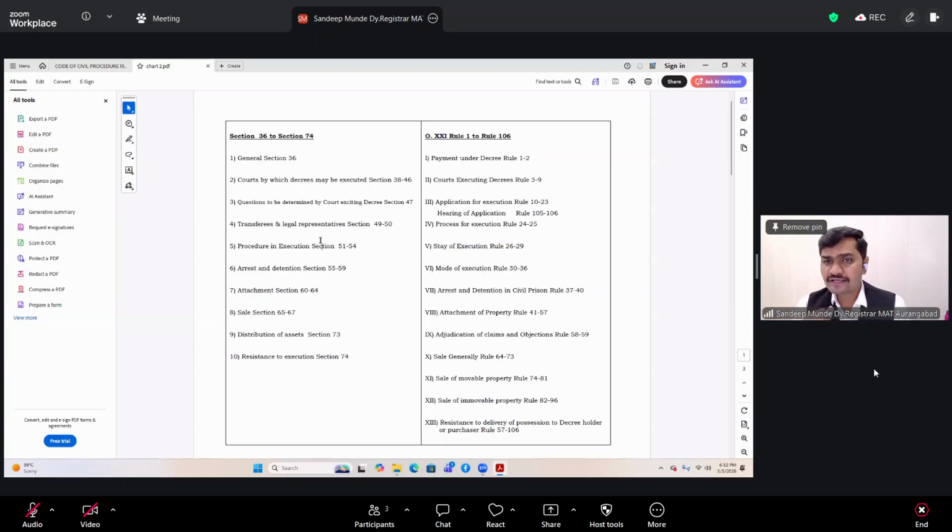Now, in the rule part, the third heading is the application for execution, Rules 10 to 23, and hearing of application, Rules 105 to 106. Merely after the passing of the decree and the order, will the decree holder get the fruits of that decree automatically, or